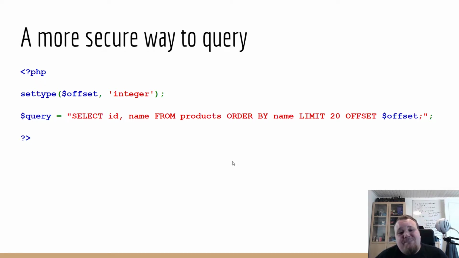Anyways, this is a bit more secure, but it is not in any way the best way. So this is just, if you cannot do prepared statements, think of different ways how to verify and sanitize as much as you can before you insert whatever query into your database SQL statements.